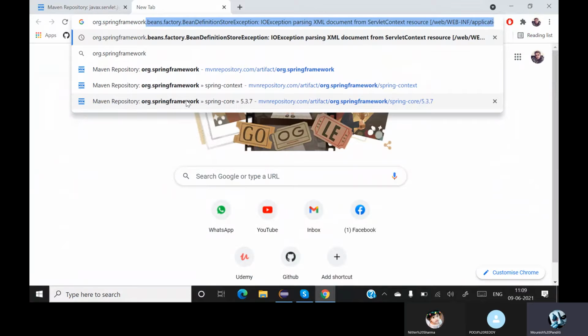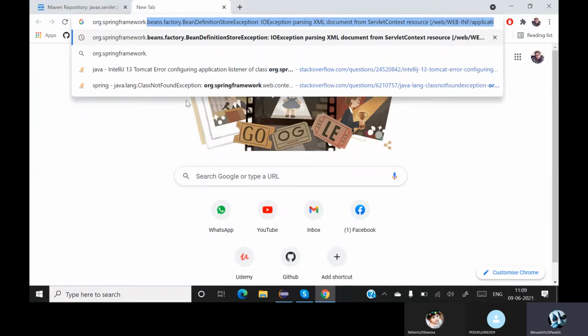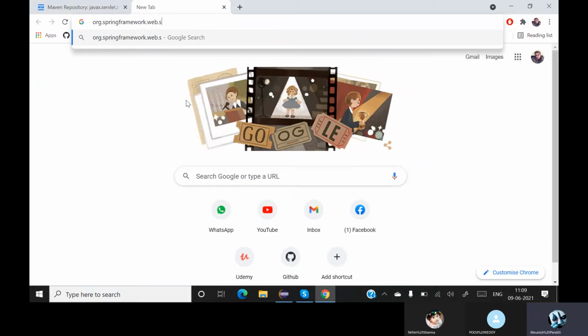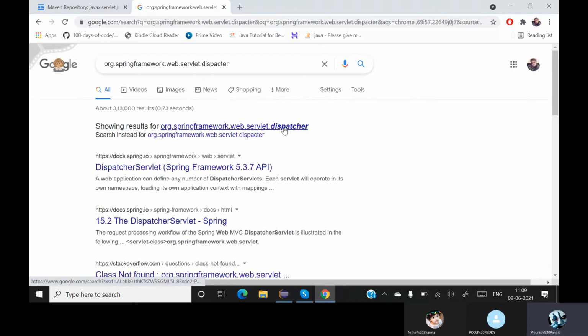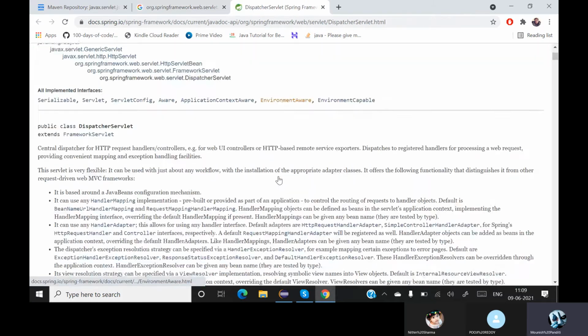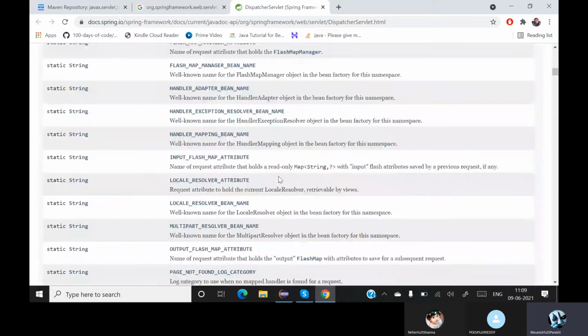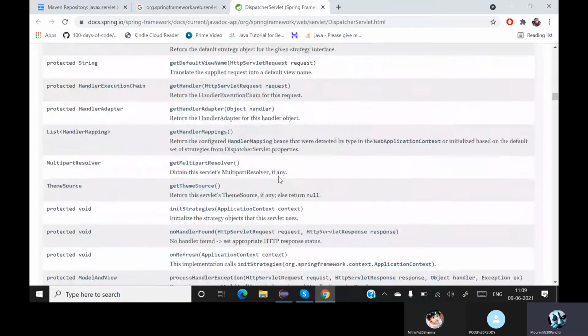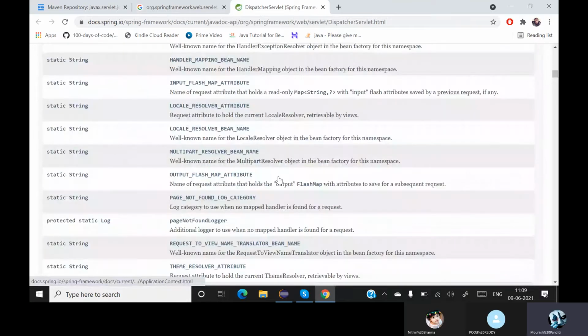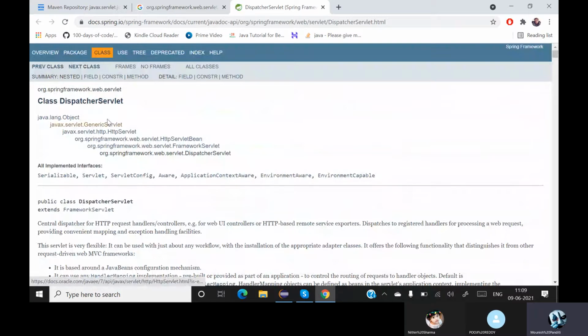I'm not sure this is the one, so let me check it out once. Spring framework web servlet, and I think this is the request dispatcher. So dispatcher. Yeah, I think almost that was the class which we should get going for this.